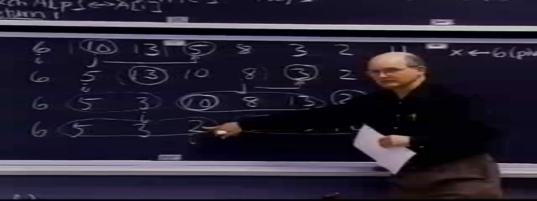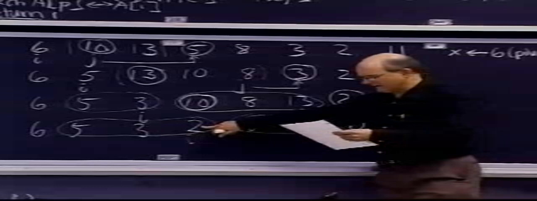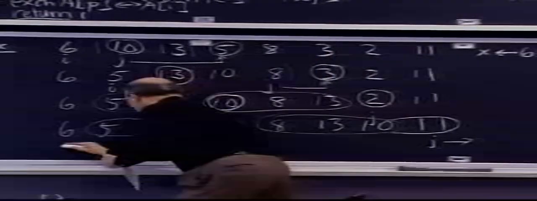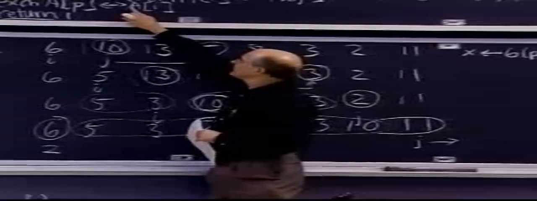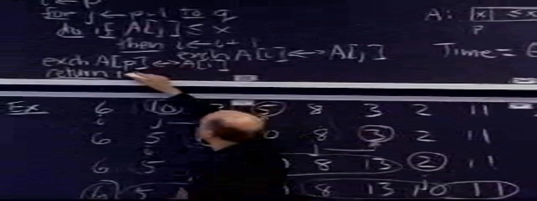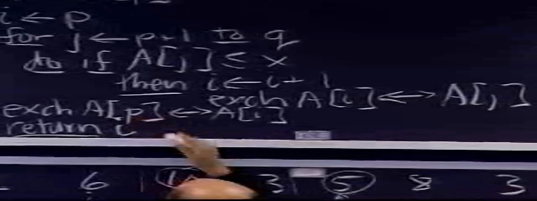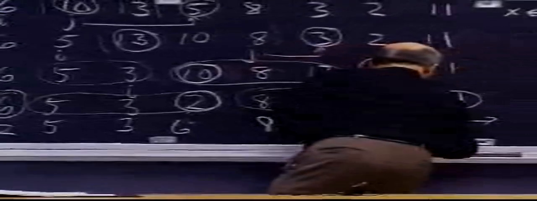And so the way that I do that is I simply swap it with the last element of the first subarray. Okay? So basically I then get 2. So this I swap now with this. Okay, that's these last two lines. Or sorry, this last line. This is, by the way, an i, not a 1. Okay. So this gets 2, 5, 3, 6, 8, 13, 10, 11.